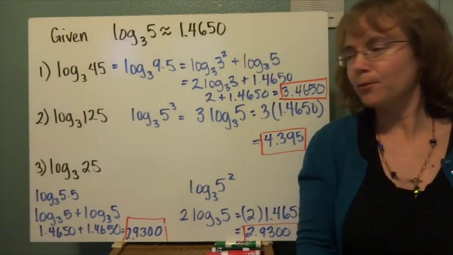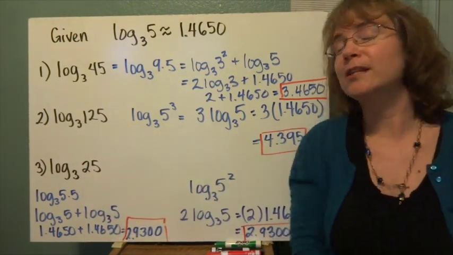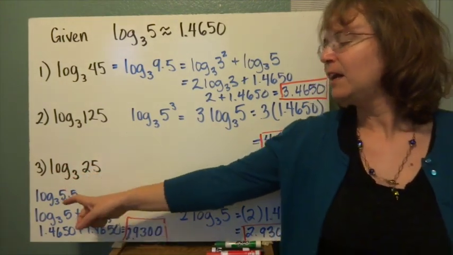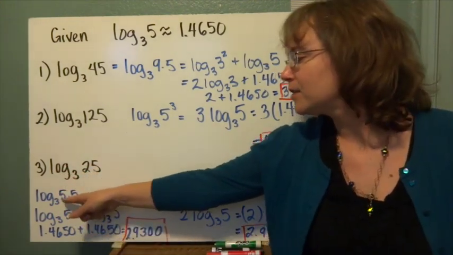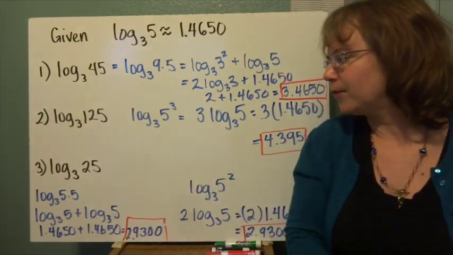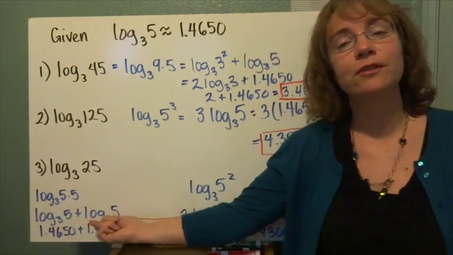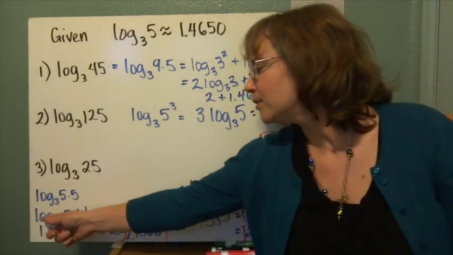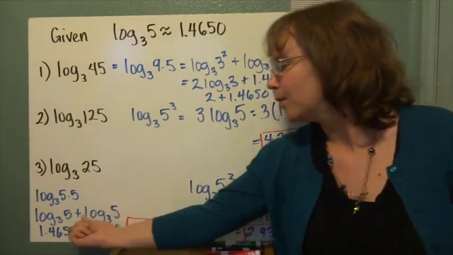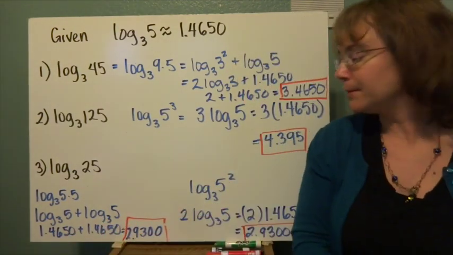Now there's lots of different ways you can do it. You can break it up. I'm just going to give you an example of 2 ways we can do this bottom one. So we have log base 3 of 25. I could either write that as log base 3 of 5 times 5, and probably that should be in parentheses right there. But then I can take that 5 times 5 and I can break it up into 2 different logs and add them. So log base 3 of 5 plus log base 3 of 5. I know what that is, so I take those, I add them together, and it's approximately